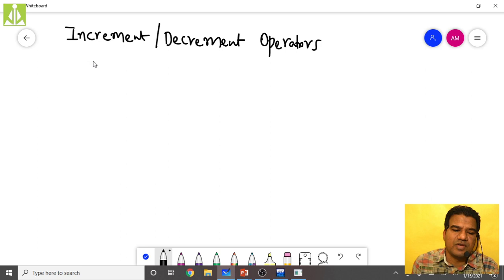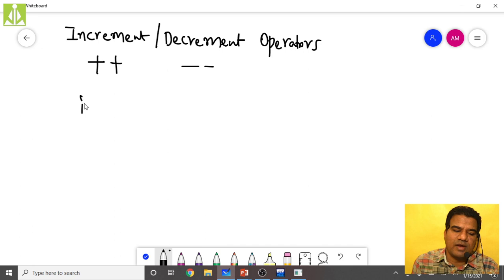For increment we are using plus plus, and for decrement we are using minus minus. Increment will add 1 to my operand and decrement will subtract 1 from my operand.